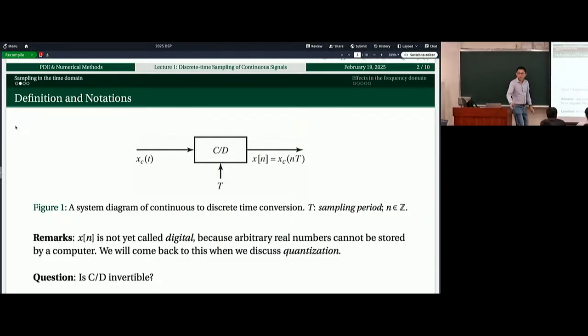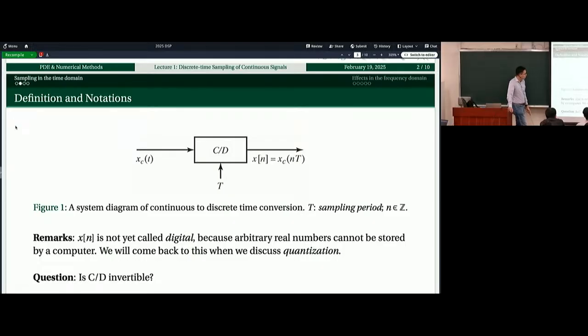So what's the name of this course? Digital signal processing, right? But somehow here, x of n, this discrete time signal, cannot yet be called digital. Not a digital signal yet. And the reason is because x is still a real number, any real number, which might be irrational, 无理数,